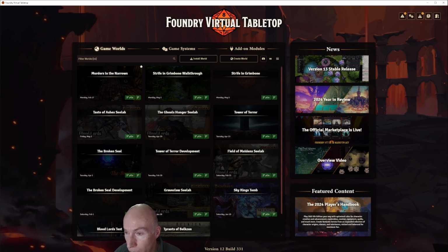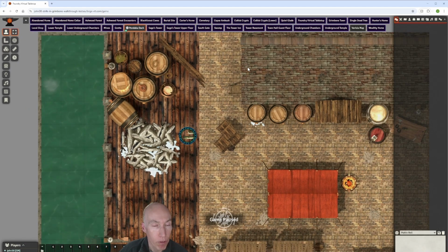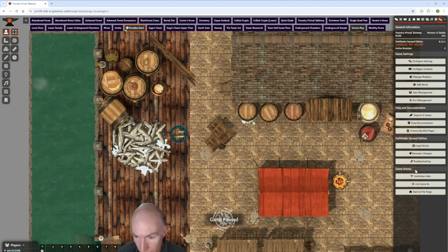What I want to do now is to talk about inviting players. So that's our Foundry version. Here's our Forge version, and if you go into game settings, we would have invitation links,